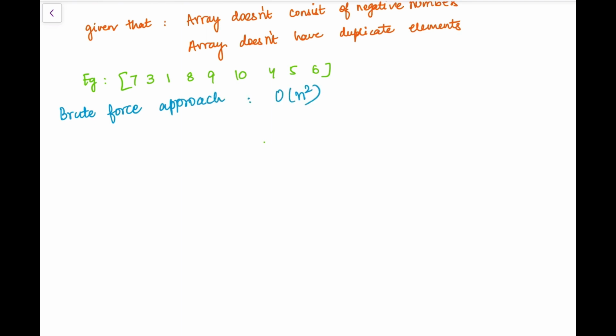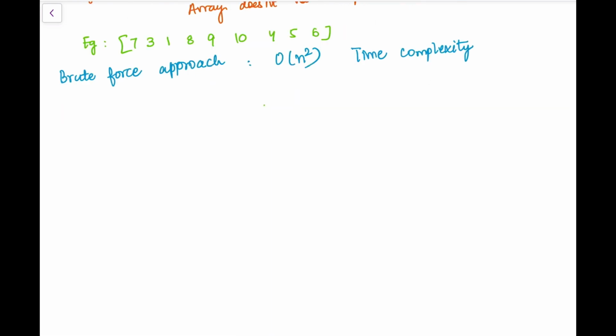Here the time complexity will be O(n squared). Let's see what the pseudocode looks like for this. I have already taken one example. For j from i plus 1 to n, I will check if A of j is greater than A of i.